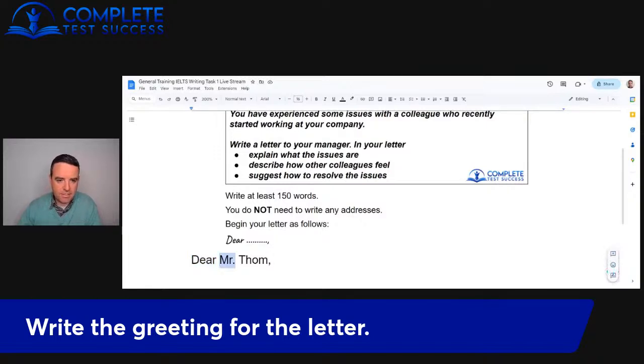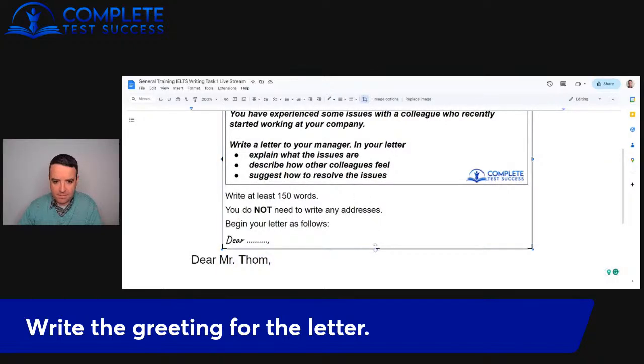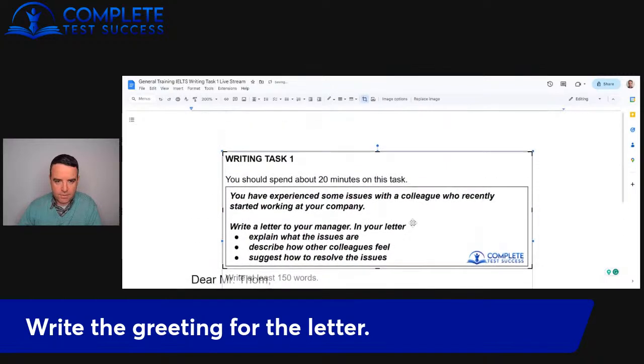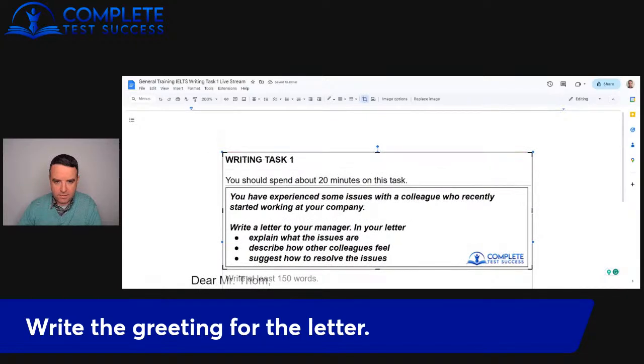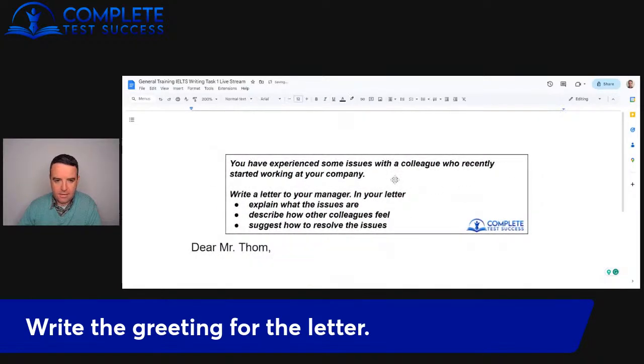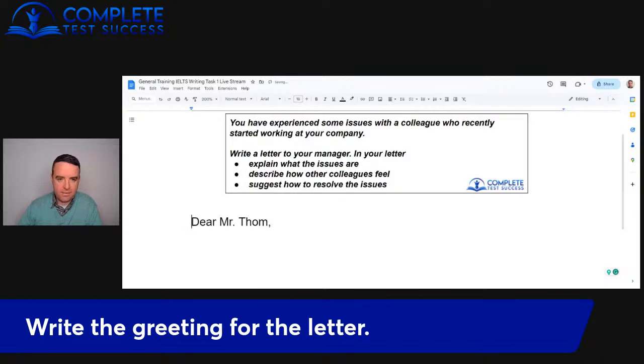So it's going to be Mr. and surname, followed by a comma. Absolutely perfect there, Dimitri. Everything exactly the way we want it. Okay, so I'm just going to remove the instructions from the top and the bottom of this question because we don't need those anymore. All right, and from there, we're going to have to write our first paragraph,